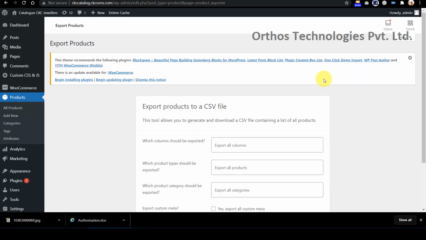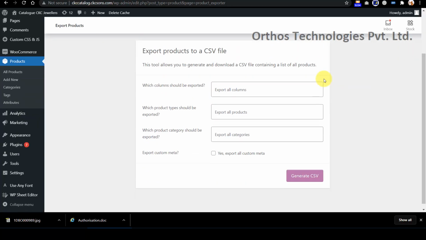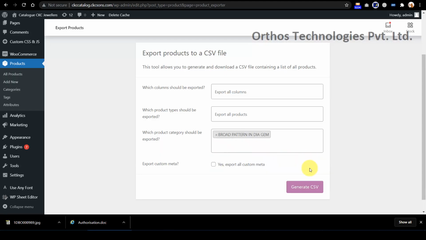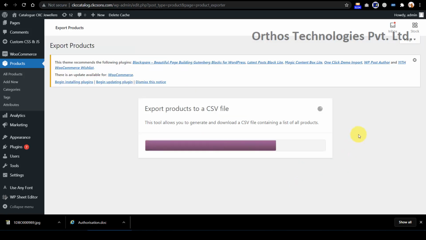because we can export all the 20,000 products as well. That will take time. So just to save time, we'll export this single category. Paste this thing here, choose it, generate CSV.